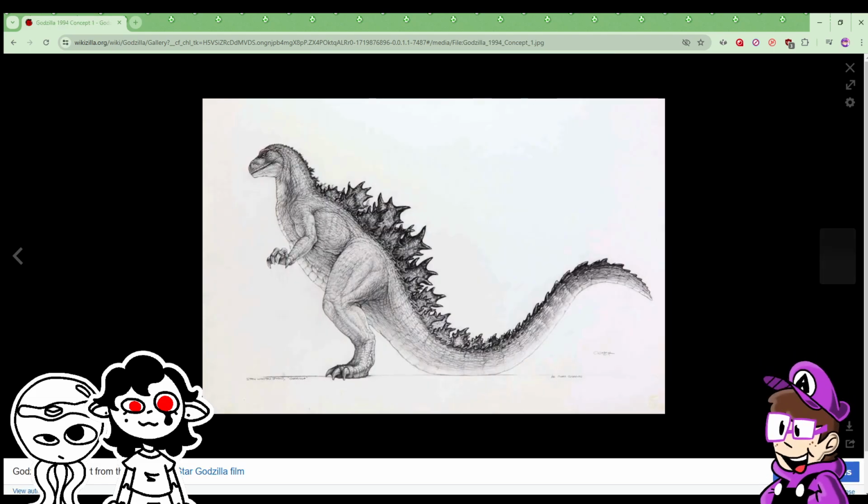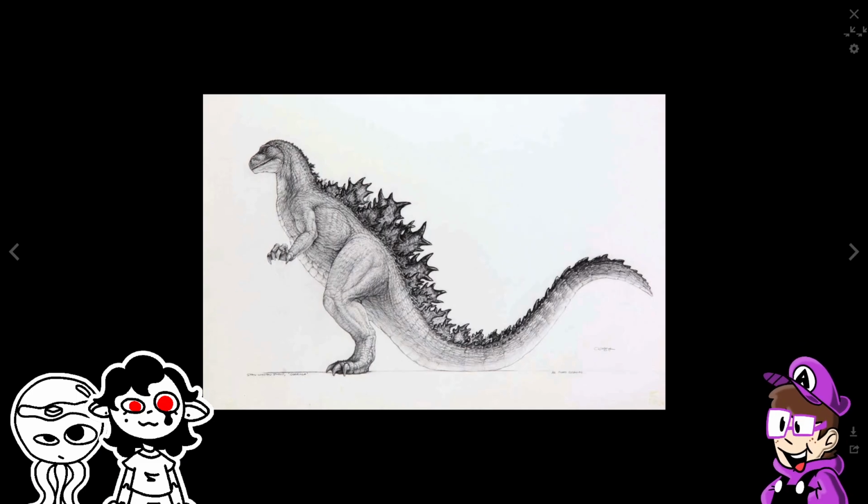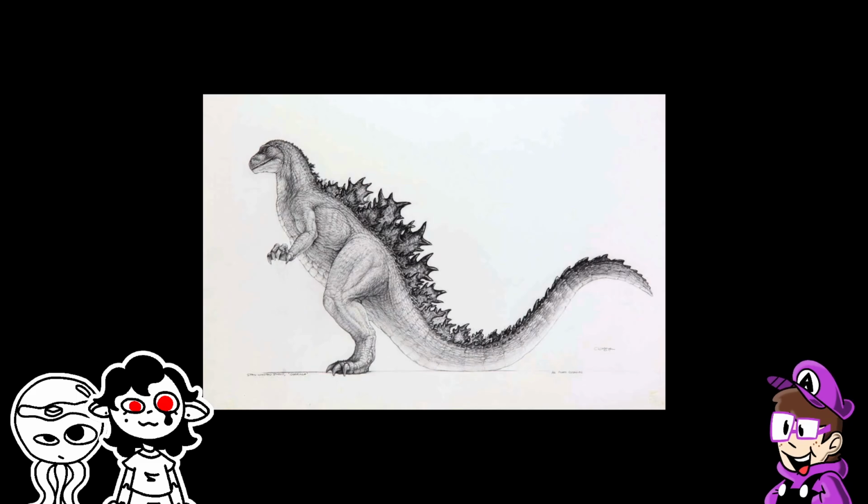Okay, now we're into the TriStar film design, because we're going to get into some here, because these are sad. This original one they had is so sad to lose, because I genuinely think it could have been really good. So here's the side view of it. You know, they wanted to make Godzilla sexy. They wanted to make him sexy, because everyone...